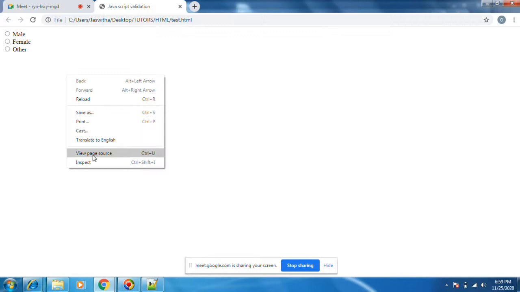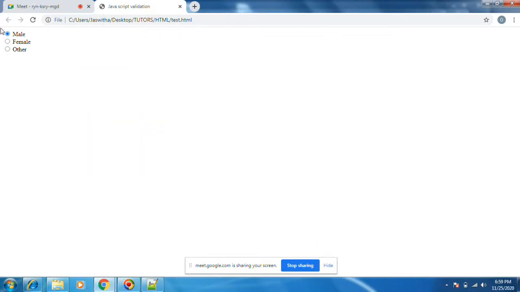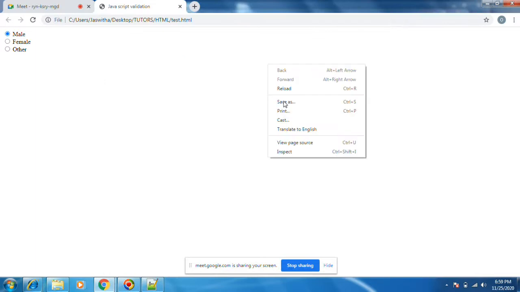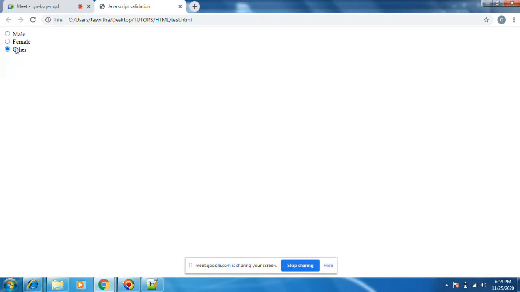Refresh, reload. Yeah, you see, male is already checked by default. Correct. I want to put this option to other. After refresh, it will be checked by default. It will check like this.